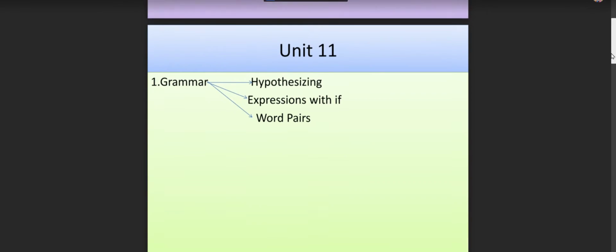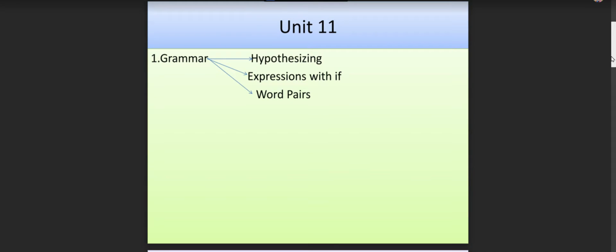هي about unit 11، unit الحادي عشر. Right? So the title of this unit is all hypothetical. نتحدث عن عنوان هذه المحاضرة، هو عن hypothetical، يعني عن موضوع افتراضي. Right? Now let's come to what is the meaning of this one step by step. Right? So we have here different topics.